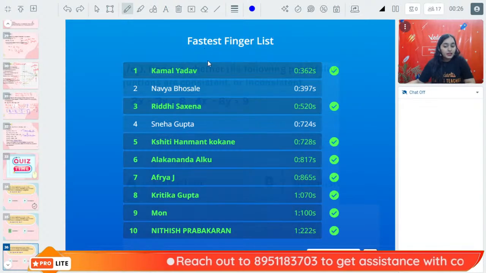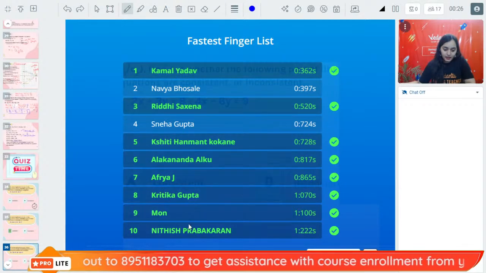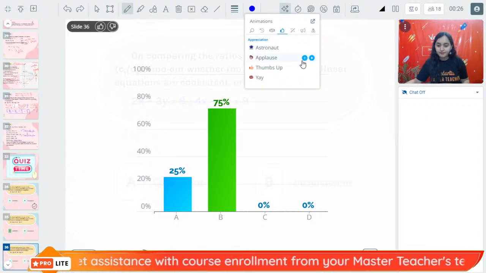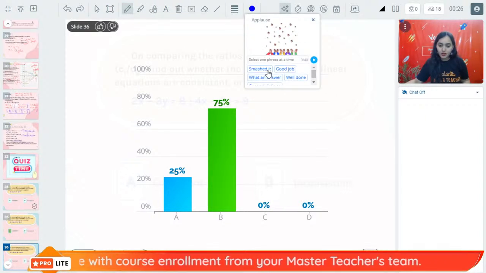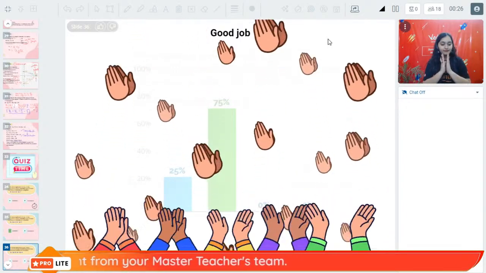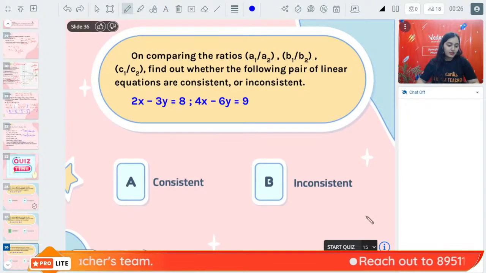On the fastest finger list Kamal, Riddhi, Shiti, Alku, Afreya, and Kritika, and Mon, and Nitish. Very good once again. Good job. Alright, so the right answer is